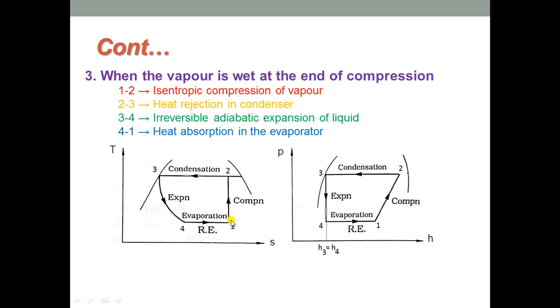And here at the end of compression, the condition of the vapor will be wet, because you can notice here the point 2 is in the liquid plus vapor region. So, vapor remains in wet state, and COP is given by refrigerating effect over work input. Refrigerating effect is H1 minus H4 and work input is H2 minus H1. As we know from the p-H diagram, H3 is equal to H4. So, we can write it as H1 minus H3 over H2 minus H1 as the coefficient of performance of the refrigerator or refrigeration cycle.